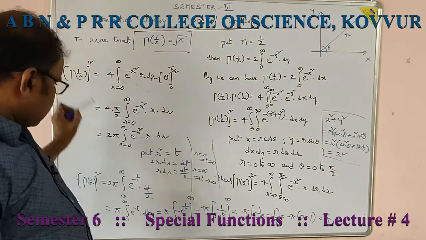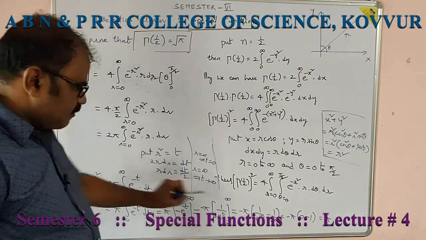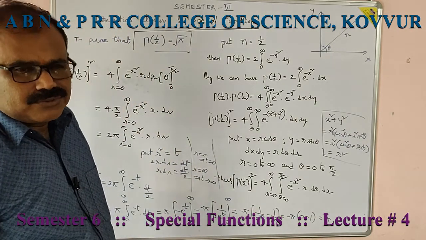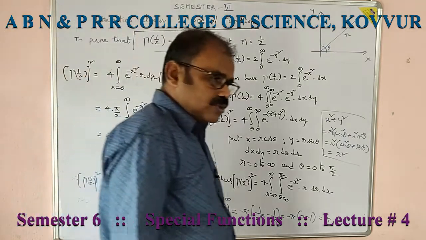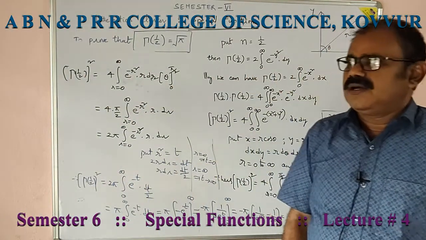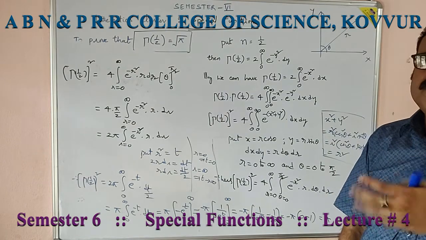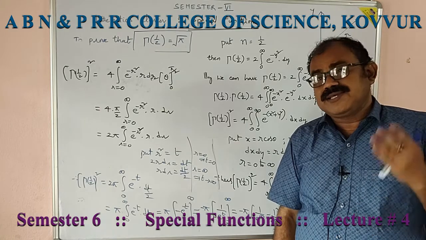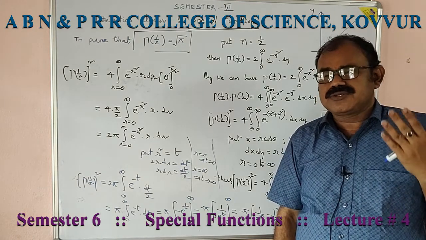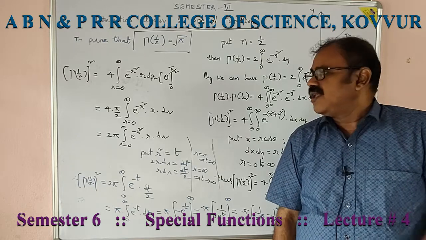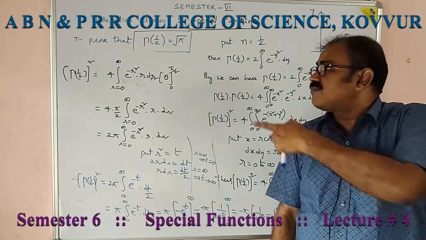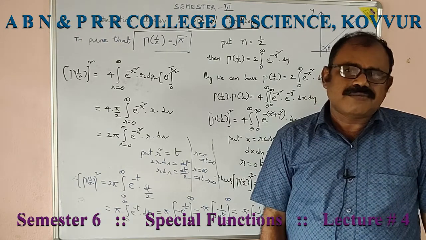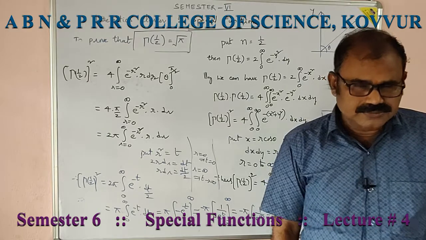Finally, gamma half whole square is equal to pi. Therefore, gamma half is equal to root pi, which you should remember. In every derivation of beta gamma functions in this unit and in other Legendre, Bessel and all these polynomials also, we use gamma function, and we make use of gamma half, the value of gamma half. So you should remember what gamma half is. Gamma half is root pi, which